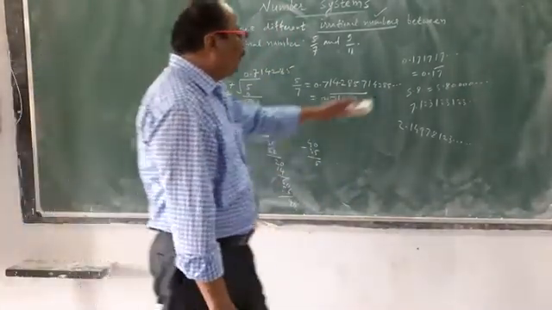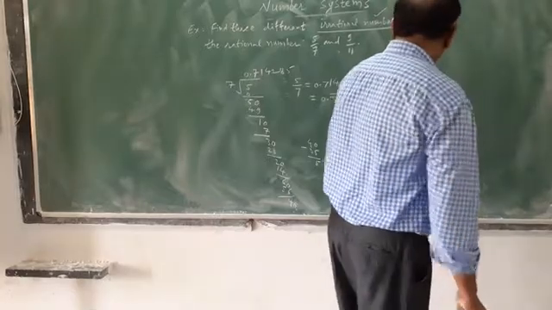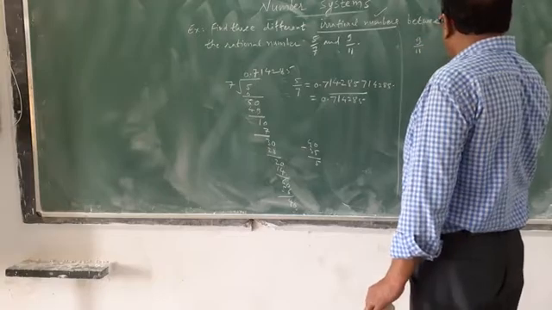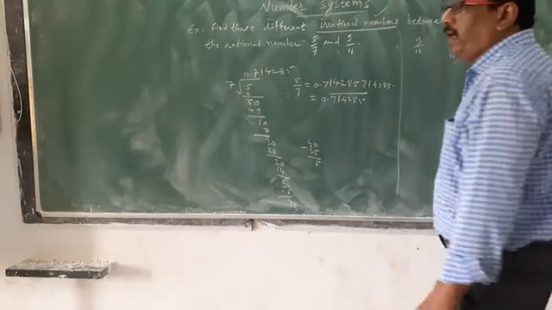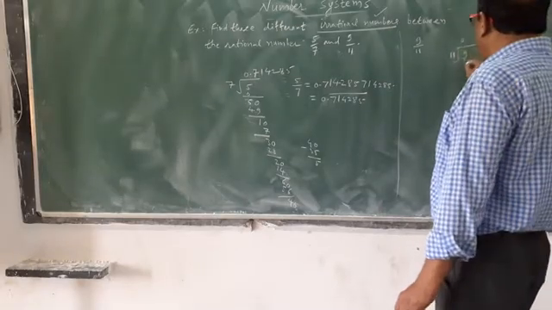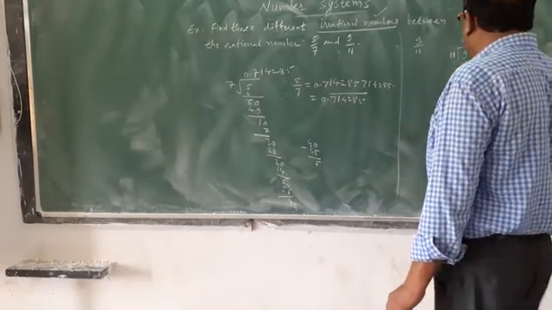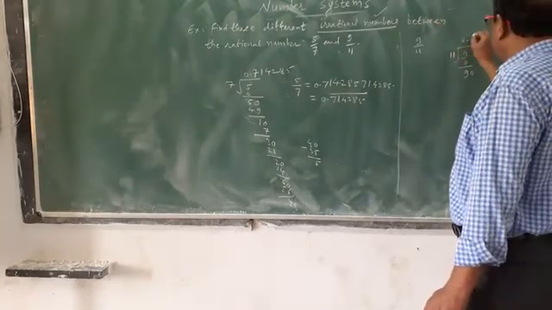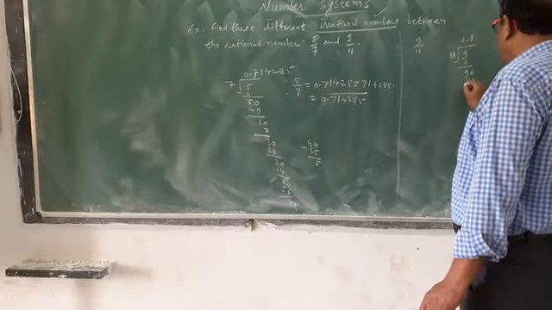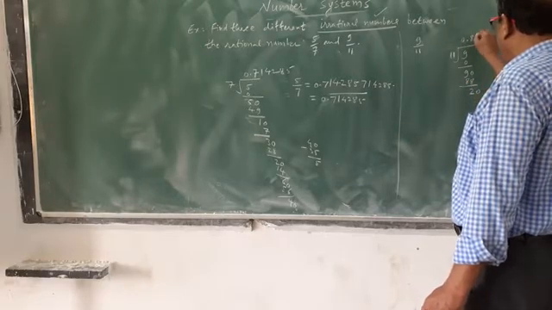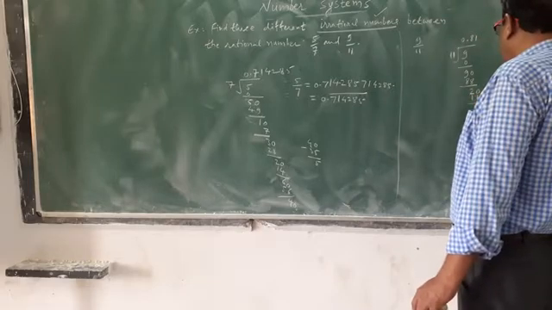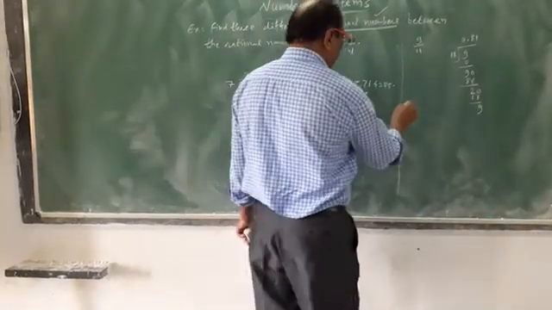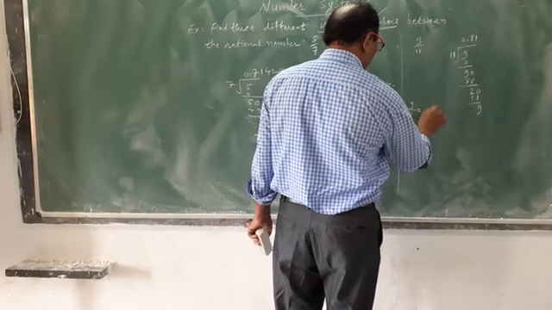It is 5/7. Then the second number, 9/11. Just divide 9 by 11. Here 11 into 0 is 0, 9 becomes 90. Then we take the decimal point. 9, 11 eights are 88. Then 2, then 0. 11 ones are 11. That is 9, which means it will repeat again. Means 9/11 is equal to 0.81